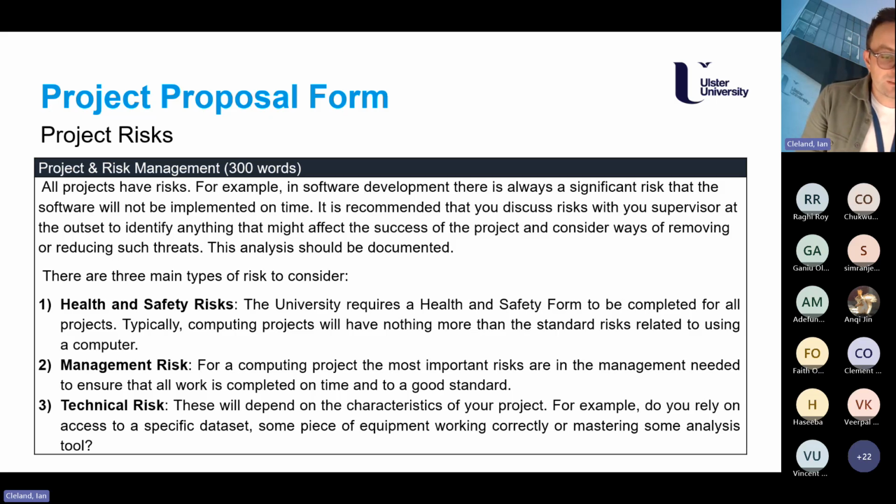And then technical risks, again, thinking about maybe you need a specific data set that you're thinking of using. What would happen if you could no longer get access to that data set, or maybe you're planning to use some hardware to implement some solution and you can't get access to that equipment at the particular time. Or maybe you're not so familiar with deep learning techniques and it'll take a bit of upskilling. How are you going to mitigate that risk?